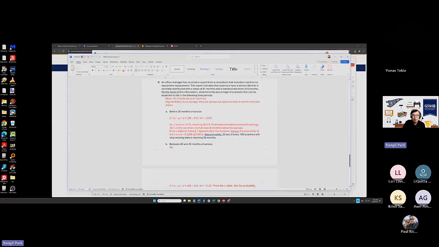Also the standard deviation is 4 months. So on average, they are spread out about 4 months from the mean. So it could be 37 or 45, in terms of how much they spread out from the mean. So this important data is already there. Mean is 41, standard deviation is 4. So you're going to use the normal distribution calculation, which comes from